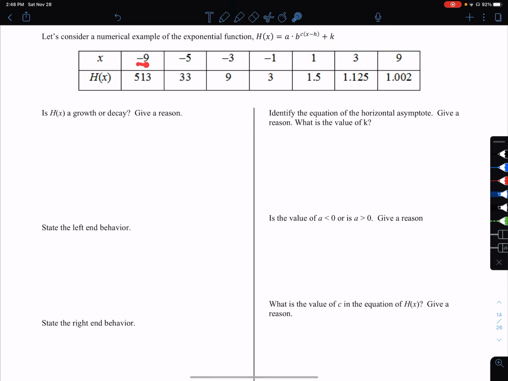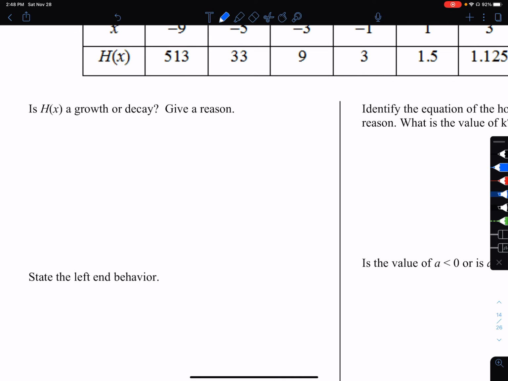Notice how the x values from left to right are getting bigger. As we move from left to right, what's happening to the y values? They keep getting smaller. And as they get smaller, the increments in which you're getting smaller are getting smaller. So we could easily make the conclusion that h of x is decreasing,